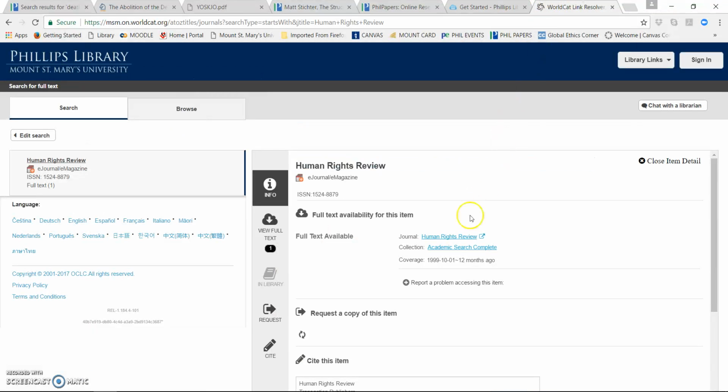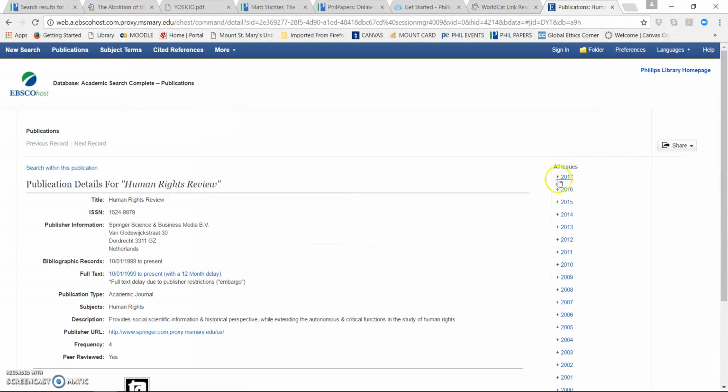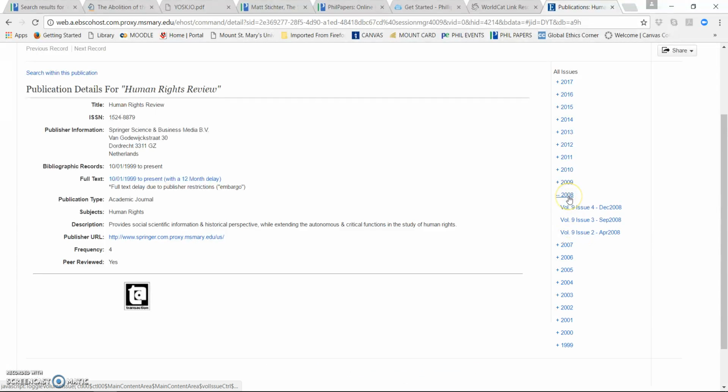So you can click on Human Rights Review, and you need to put in your Mount username and your Mount password. That's the password you use to access your email. And for students, it would not be MS Mary, it would be Mount. And then you log in, and here you see the years of articles from that journal which we can get access to. If you click on 2008,